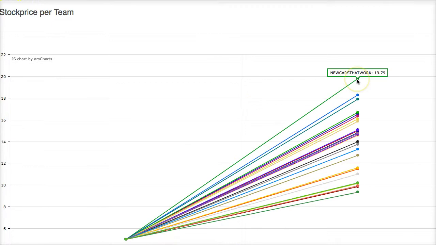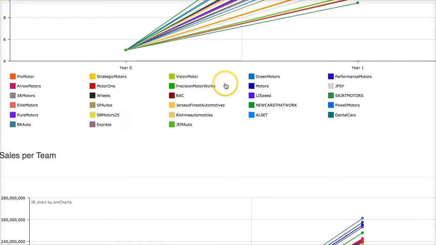And we have stock price. We have almost $20 stock price that we're setting at. And everybody, even at the very bottom, increased their stock price from the starting point of 5. So this company did okay, increased their stock price, made profits. But some companies were able to compete at a much higher level. And that's where you want to get to, where these three top companies are in stock price.